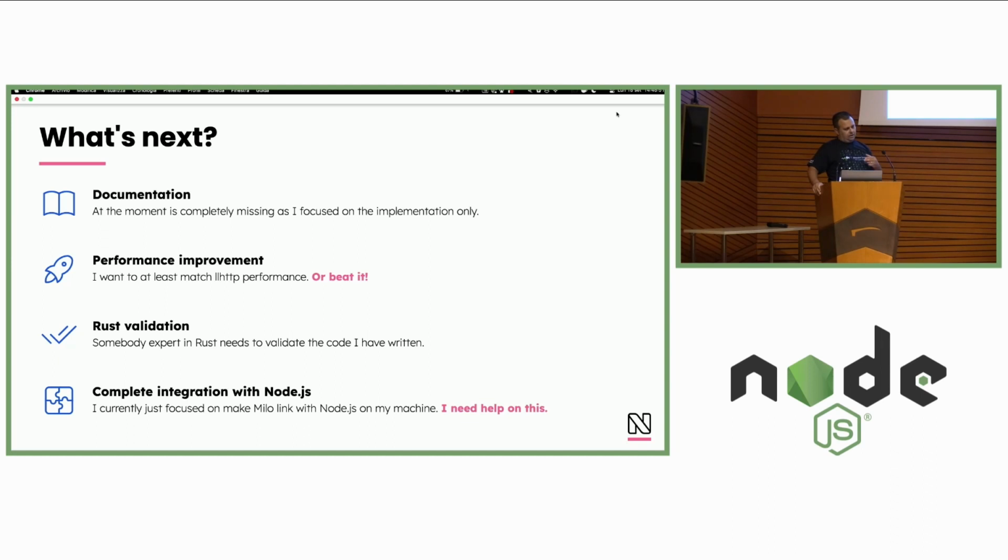That's my final step. I need help on two things for this project. First of all, Rust validation. Somebody has to analyze the Rust code I have written and give me hints on what I've been doing. And second, a real, complete integration with Node. Because now I just focused on having this thing compile on my machine, which is a Mac Silicon. Probably it will be the same on Linux, but I have no idea, for instance, how to compile on Windows or on the other fancy architectures that we support. So for that, I need help from the build team or any team involved in linking libraries in Node.